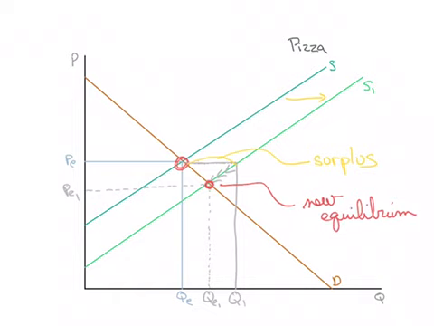Again, so why did this happen? This happened because the surplus signaled suppliers to drop the price and reduce the quantity. That's what we see right here, this movement from here to here. So we have a new equilibrium, P sub E sub 1, Q sub E sub 1. Original supply curve